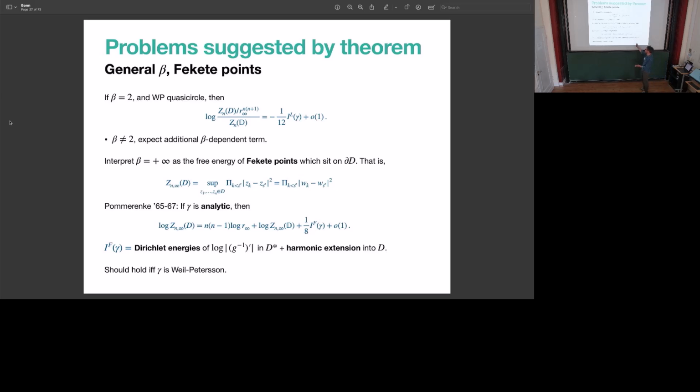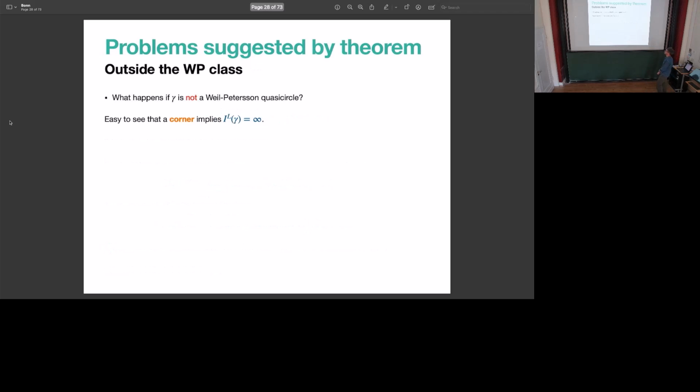But this is a very interesting problem, but it's somehow very hard, because there's very little to work with. There's only the fact that they maximize this guy. It's like the only information you have. And there's no clear monotonicity either. If you add an extra point, what happens with this term is not at all clear. So anyway, that's one problem that's interesting. We don't really know how to do it. But the other question